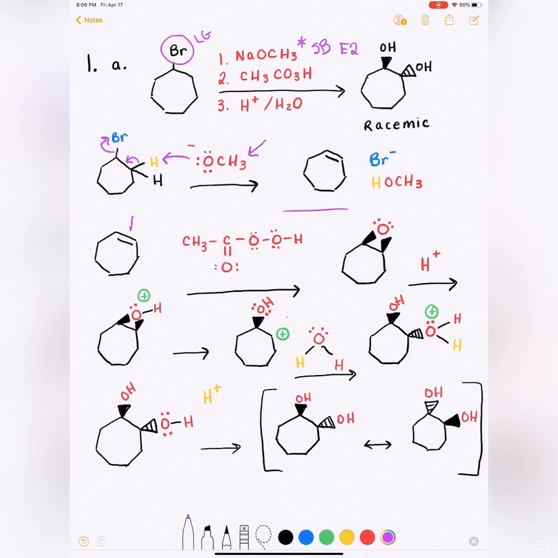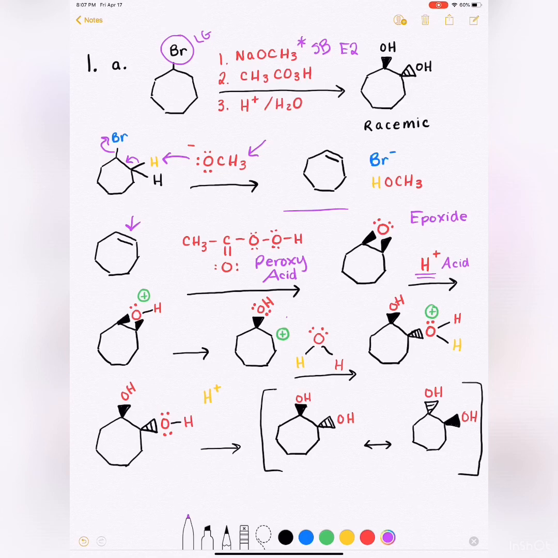Now that we have this reactive double bond, we can take a look at our next reagent, which you might recognize as a peroxy acid. Whenever you have a peroxy acid that is exposed to an alkene, it will result in an epoxide. Now, looking at our next reagent, we can see we have H+ in solution. That indicates acidic conditions. Whenever an epoxide is in acidic conditions, it's likely that you will see an acidic ring